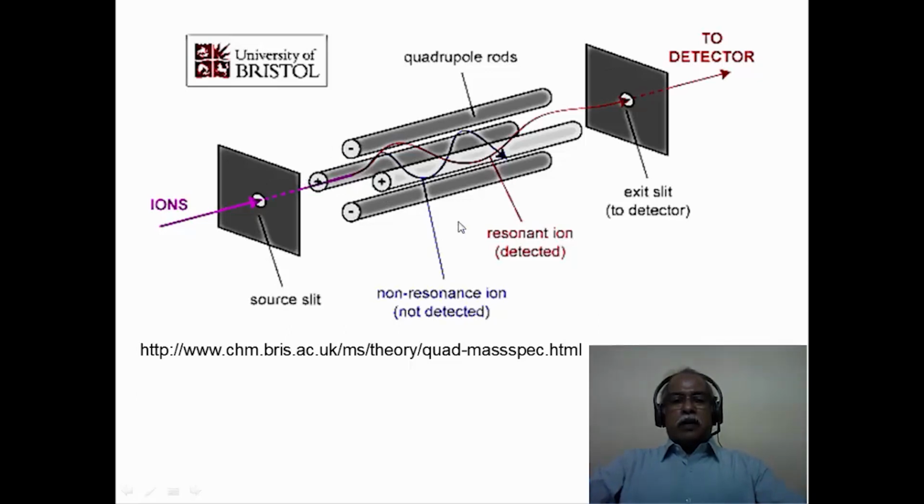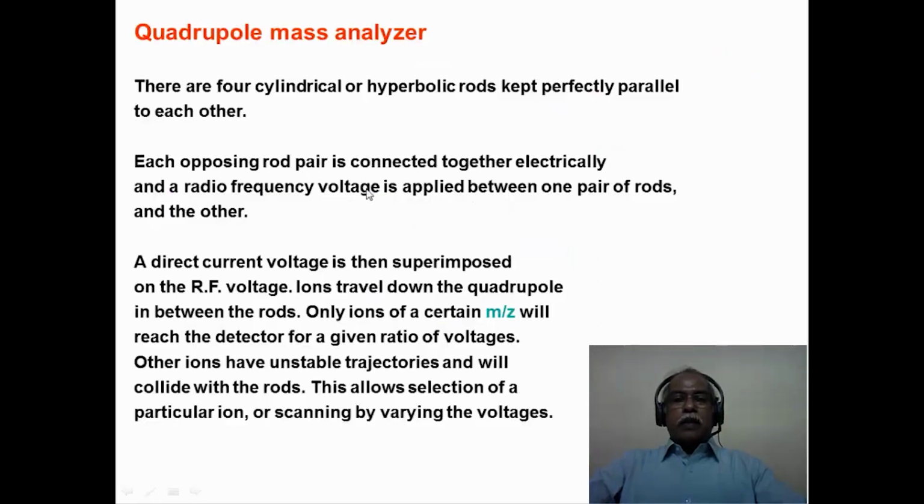So essentially the ion that is produced in the ionization chamber is passed into this particular field, and both a DC voltage as well as a radio frequency voltage are applied. In other words, the radio frequency voltage will alternately change the charge, plus to minus, minus to plus, a rapid change, and the ion has to resonate at a particular frequency in order to escape this intact. For example, only the resonant ions will pass through the analyzer to the detector. The non-resonant ions will essentially hit the walls of the quadrupolar analyzer and get destroyed in the process. So this is the mechanism by which the quadrupole analyzer works.